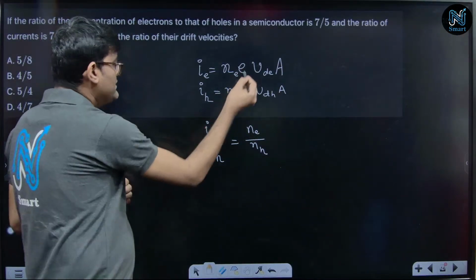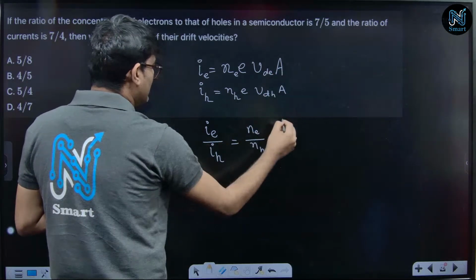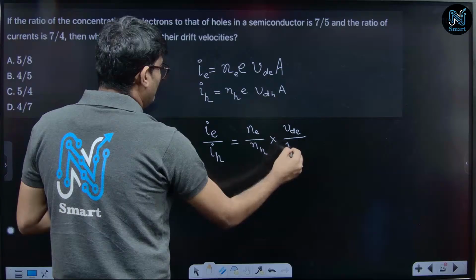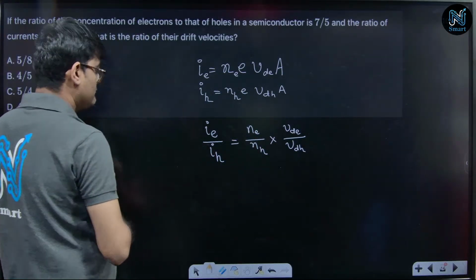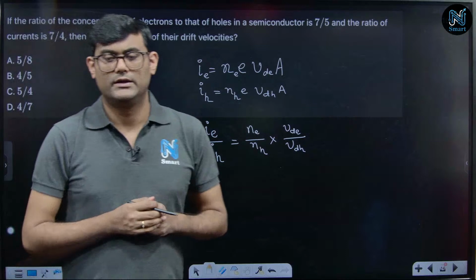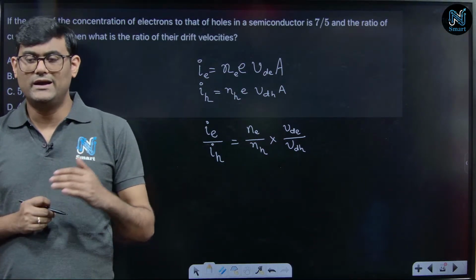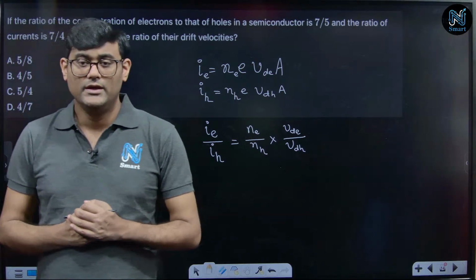Now the electronic charge will cancel each other, area will also cancel each other. So it is drift velocity of electron by drift velocity of the holes, right? তো দেখতে পাচ্ছ কি করে আমরা কারেন্টের রেশিও থেকে আমরা তাদের ড্রিফট ভেলোসিটি রেশিও বার করতে পারি। এরপরে আমার